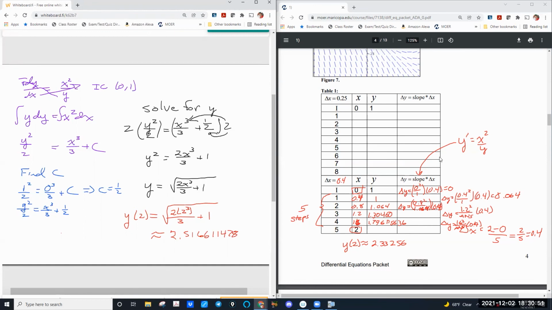So in practice, we would never do this one. We probably wouldn't do this one with Euler's method because it's very easy to do analytically. But we're doing it here because I want you to see what it is that Euler's method actually approximates. And what it's approximating is the unique solution function's y value for a given input. Okay,